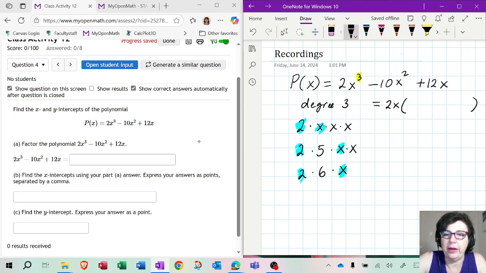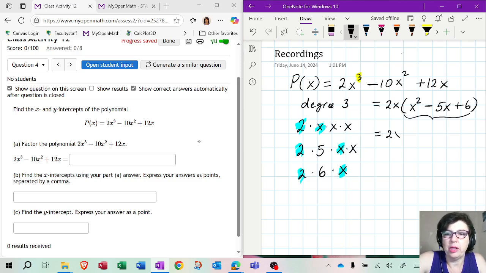So then what's left? Okay, so looking at the first term, it's x times x, which is x squared. Then we got that minus, so we need to write that here. The 5 and the x from the second term. And then it looks like just the 6, and that's it. Okay, so once we did that, the next step is to actually factor this part by trial and error.